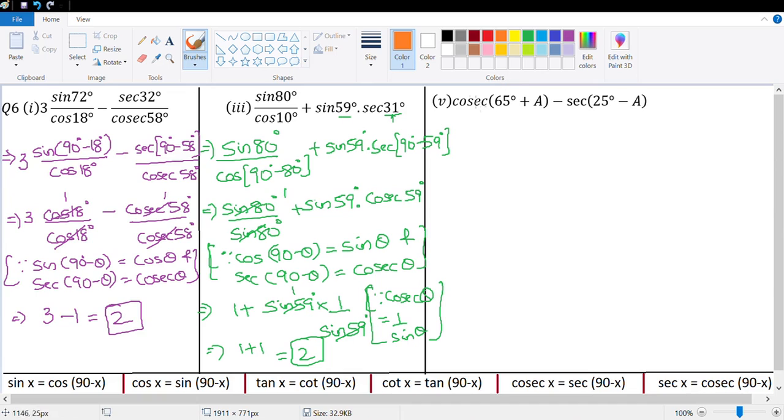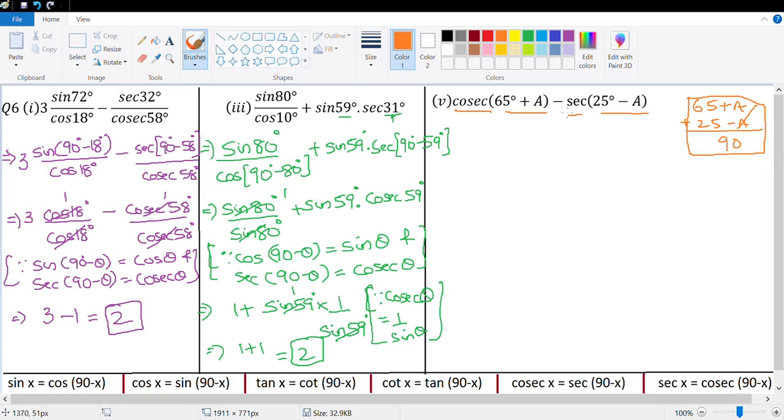Very interesting one. Question number 6, part 5. So cosec 65 degree plus A minus sec 25 degree minus A. So till now we've had questions where these two angles were complementary. Let's check if these are complementary. So let's add them. 65 plus A plus 25 minus A. This gets cancelled. This is 90. Yes, these two angles are complementary, which means I will still need to write them in a manner that they